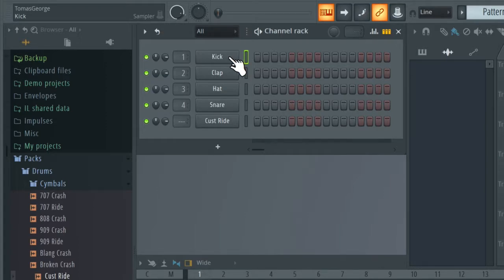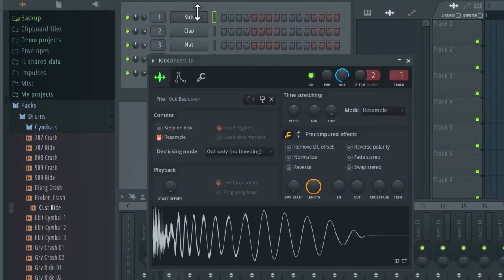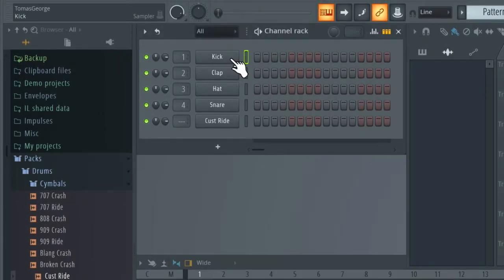Also, if you left click on the channel name, it will show you the channel source. At the moment, we have a drum sample, and this is where the audio is coming from. However, if we had a software instrument on this channel, rather than a drum sample, and we clicked here, it will open up the software instrument. Also in the hint box, we can see if this is a software instrument or a sample being played by the sampler. Right now, as this is a sample being played by the sampler, it says sampler in the hint